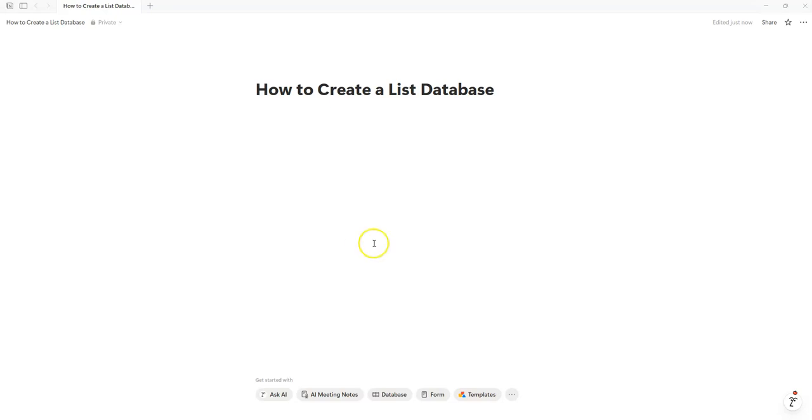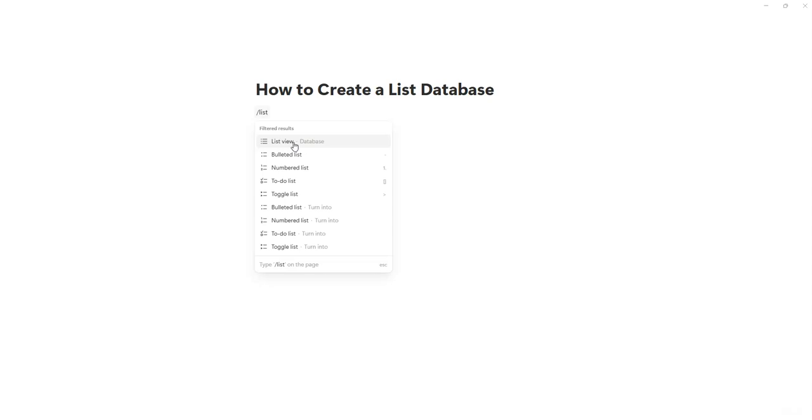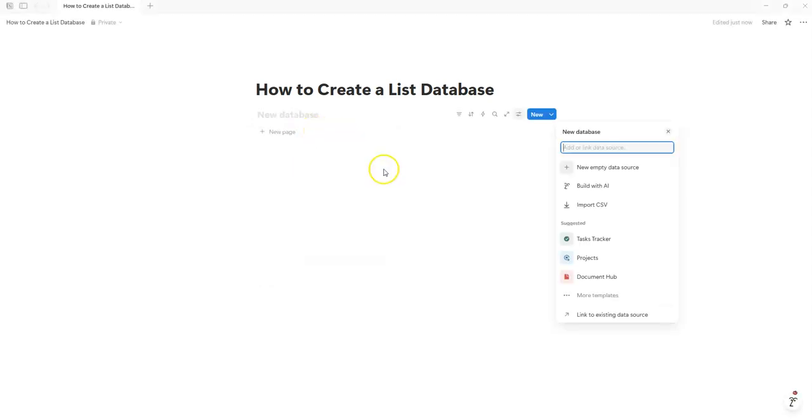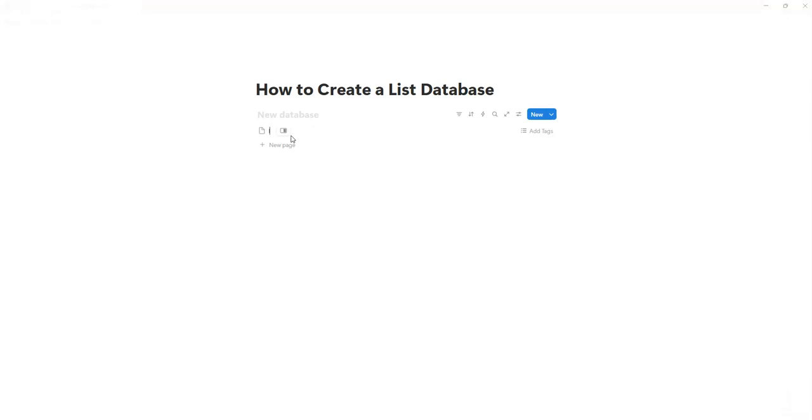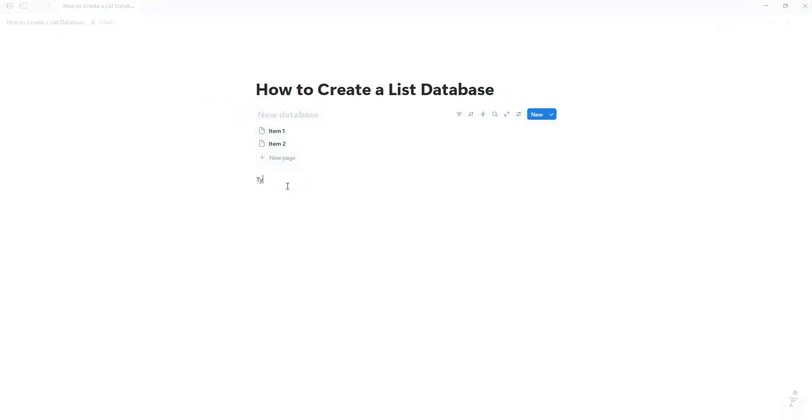So the first way is to open up any page you want to have a list database in and type in the command /list view. Click on that and you have created a list database. So item 1, item 2, and this is the database. Now because we're on a fresh page with just part of it, the database, we can type other stuff and